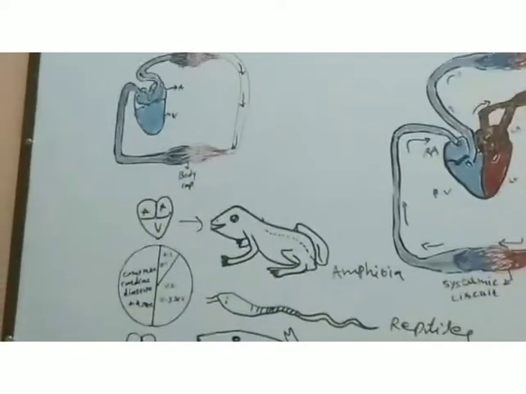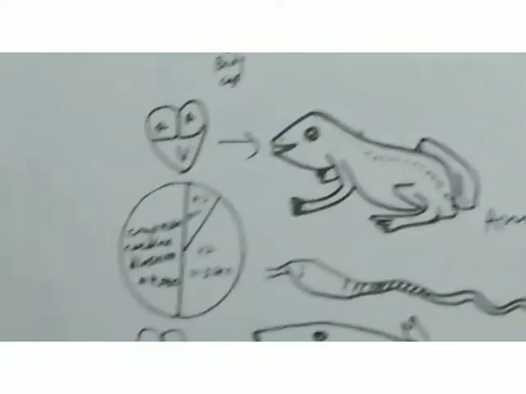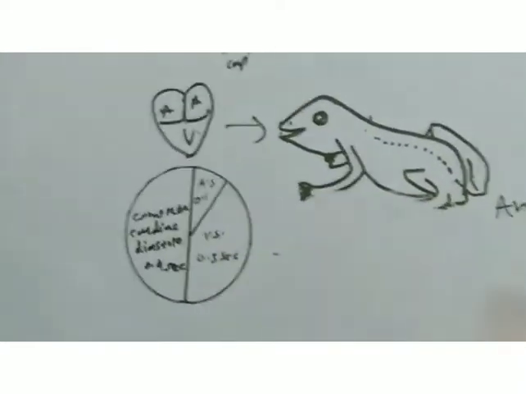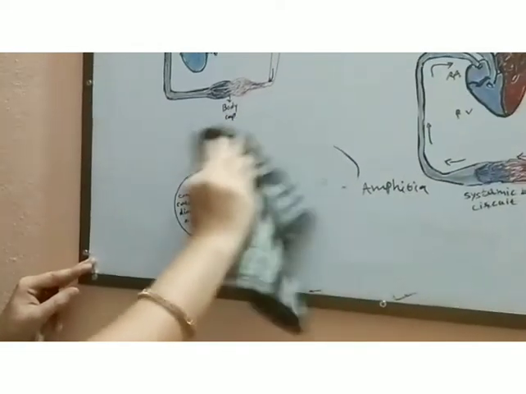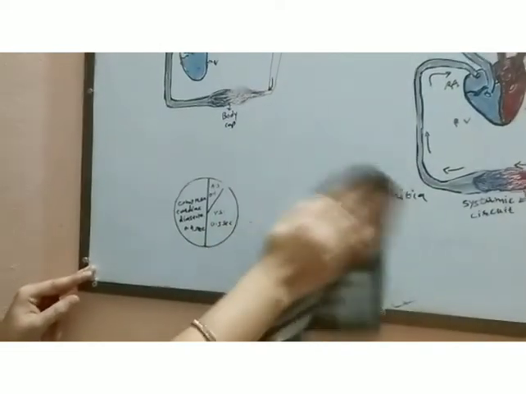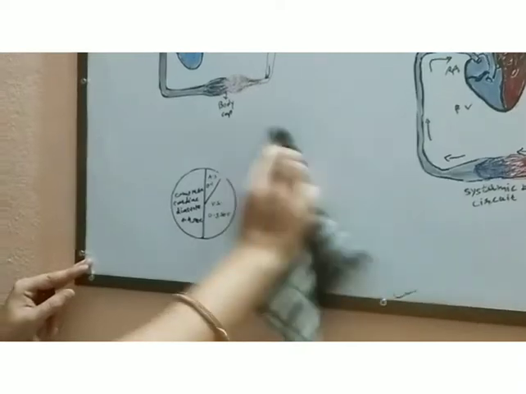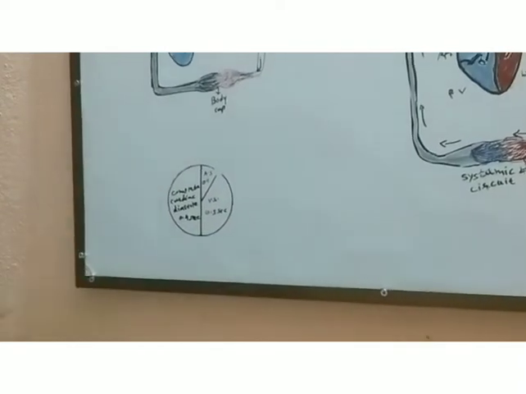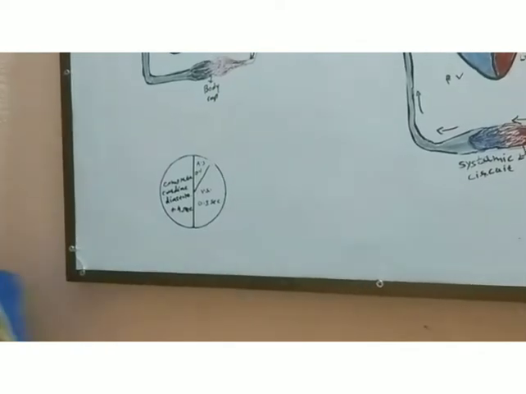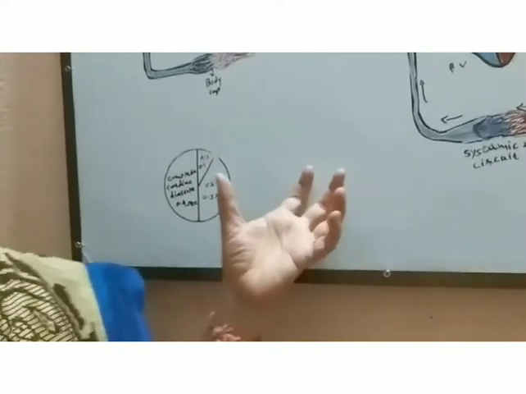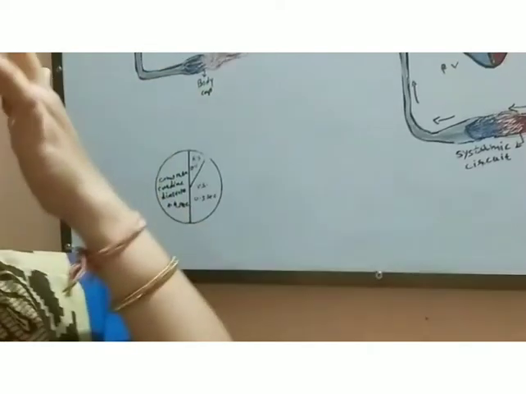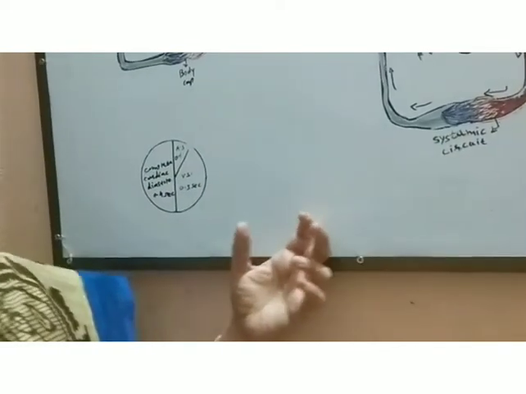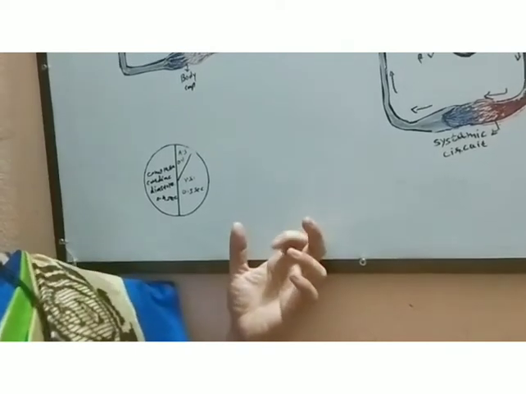Now some important terms are there regarding the heart and its circulation. Student, as I told you, the heart receives blood and transports it to the lungs and to the body parts. During that, the heart contracts and expands. This contraction and expansion movement takes place continuously and rhythmically, and for this the cardiac muscles are responsible.